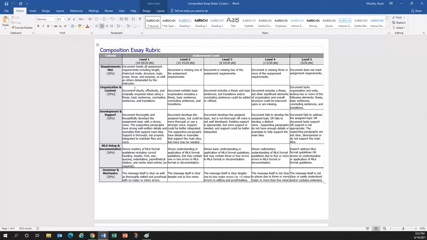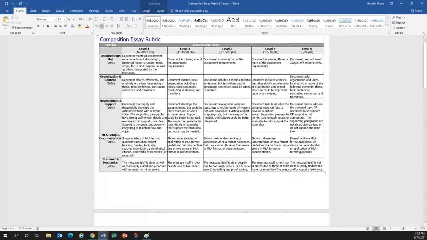The next comes development and support. This is basically a catch-all for the other stuff. Is it wordy? Is there word variance? Are there a lot of alien landings? Is there good evidence to support stuff? Are the supporting details clear and concise? Anything else that doesn't fall under requirements met or organization and content basically falls under development and support. And you can lose another 20 points for that as well. So please keep that in mind. We want to try to be on it when it comes to the edits in particular, because that development and support, you can lose points there.